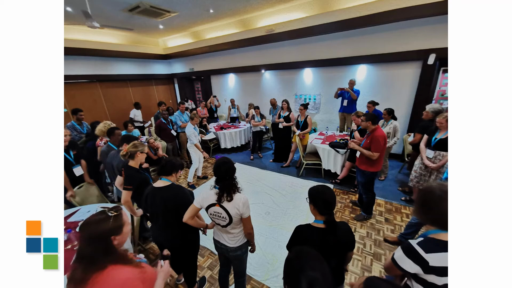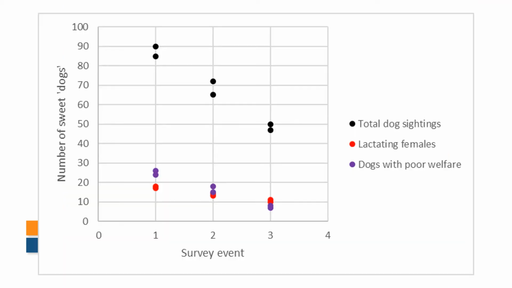We then did another intervention. So again, all the delegates stepped in, took 3 sweets each, one red, one purple, and one of any other colour. And then we repeated both those surveys again. And then we did it a 3rd time. Again, the delegates reach in, take 3 dogs, and then we survey along the route twice. And between each survey, we're just redistributing the sweets across the map to show that the dogs move back into their areas. And then we take that data and we put that up on a graph that was in the room with us, and it looked something like this.